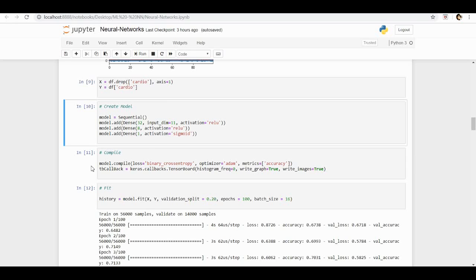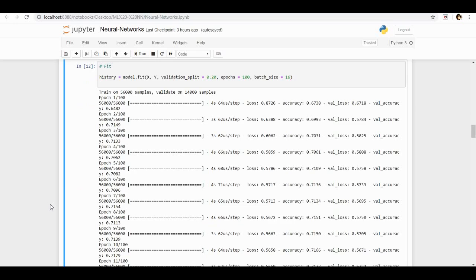And next, we're compiling the model. We're using a binary cross entropy loss and Adam optimizer. And the metrics we're setting as accuracy. Then we're using the Keras and TensorBoard together to compile the function. Next, we're going to the fit, where we're using history to fit the parameters x, y,